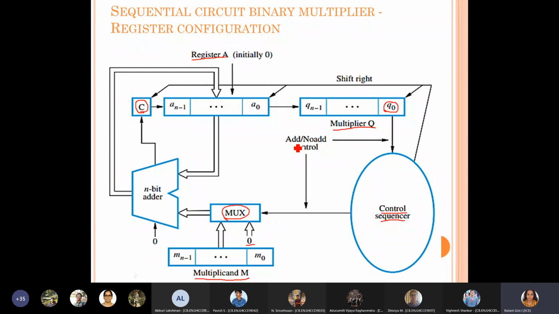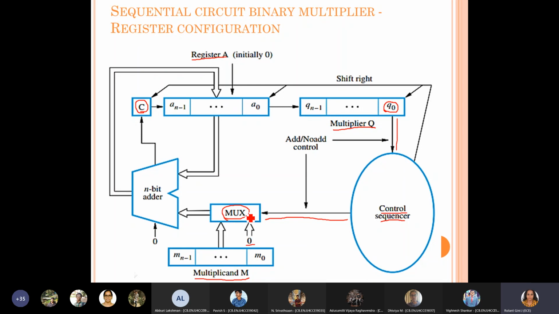So based on the q value, the control sequence will provide the instruction of add or no add, and that will be used as the selection line for the mux.